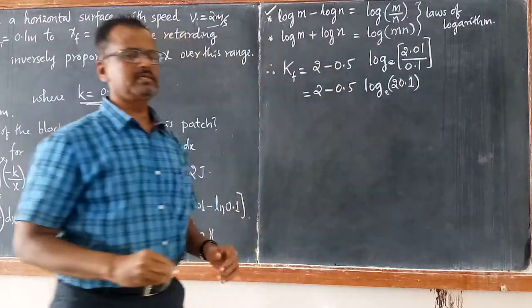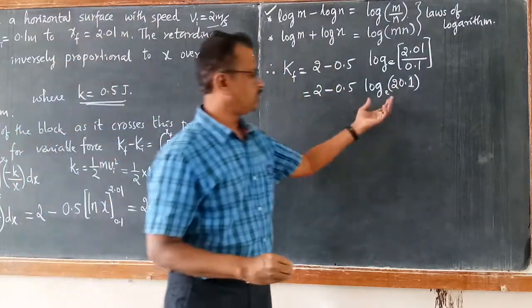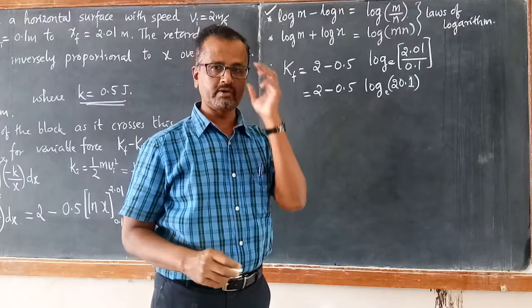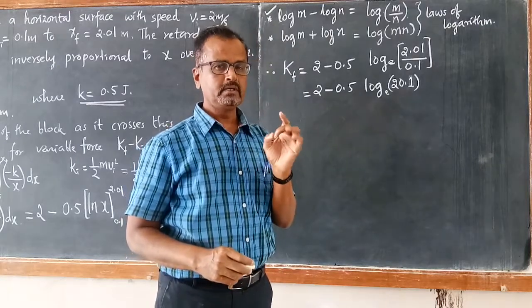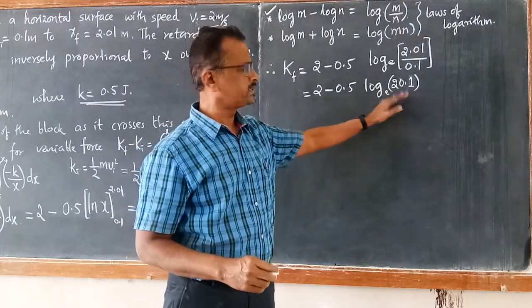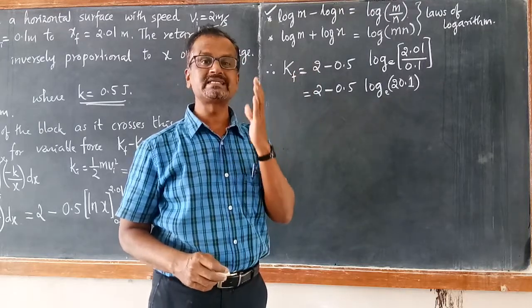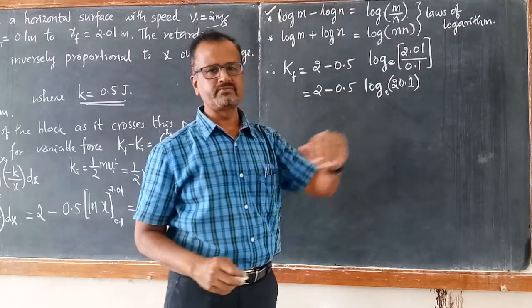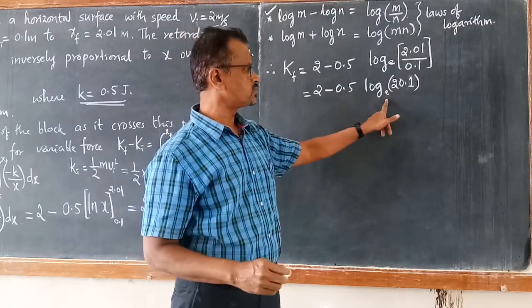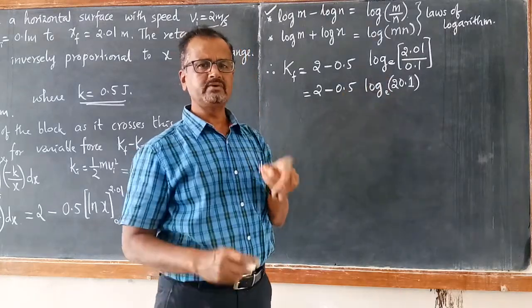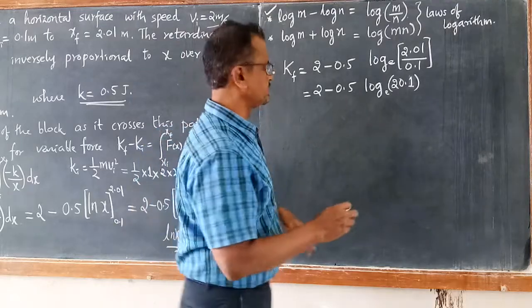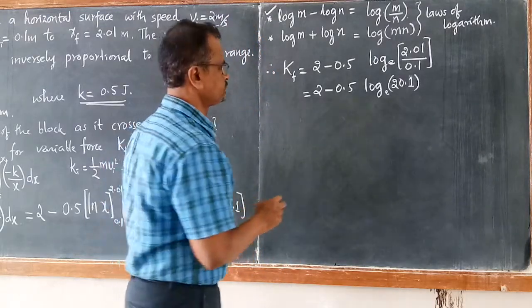But you will not get this value in the logarithm table. There is a logarithm table, as I told you earlier. If you refer to the logarithm table, you will not get this result. You will get the tables of log to the base 10. So there is a conversion factor. To convert this natural log into log to the base 10, you have to multiply by 2.303.